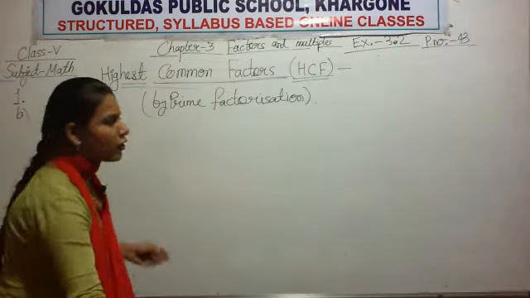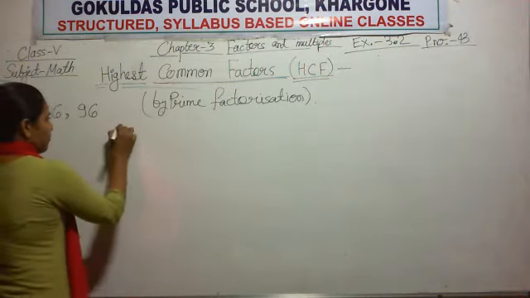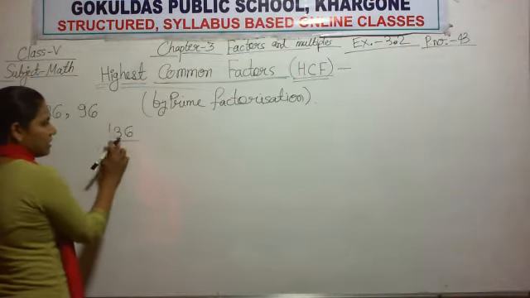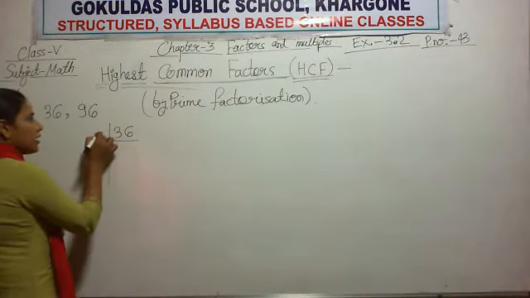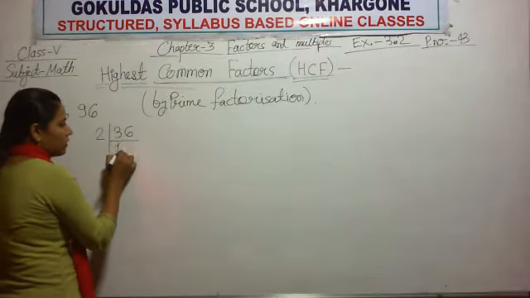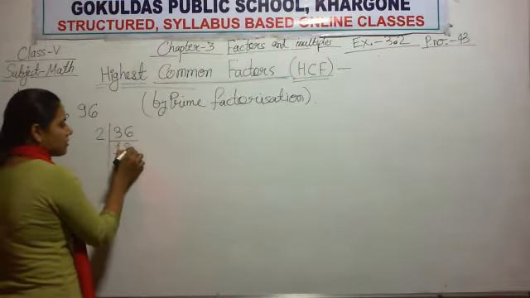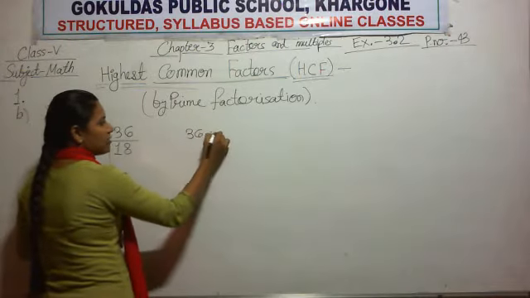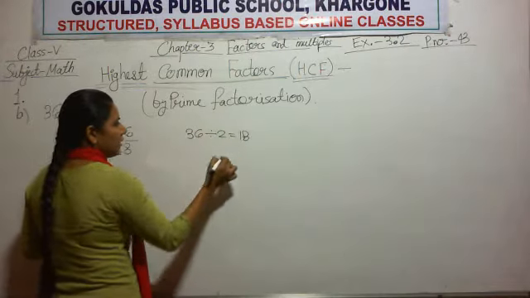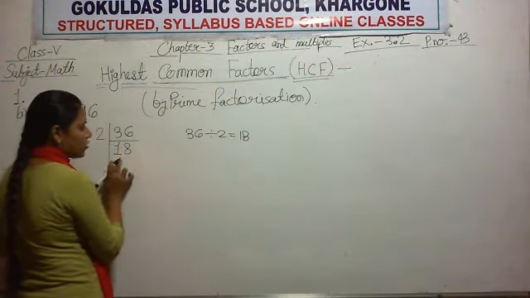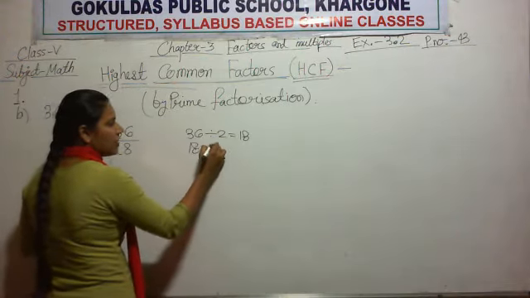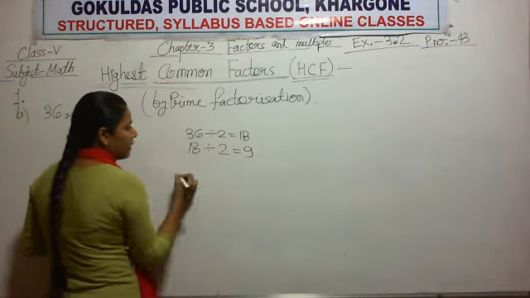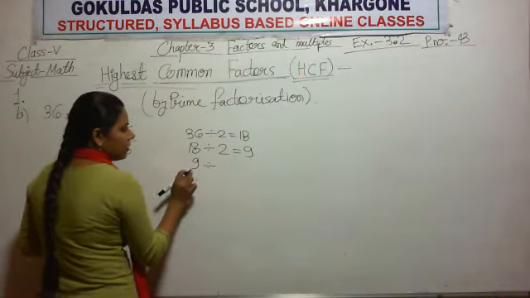So first of all you have to find the prime factors of this number 36. 36 is an even number, so you can divide it by 2. 2 ones are 2 and 2 eights are 16. How are we getting this 18? We are dividing 36 by 2 and we get 18, right? Now our new quotient is 18. So 18 is an even number, so we divide 18 by 2 again. 2 nines are 18. Your new quotient is 9.